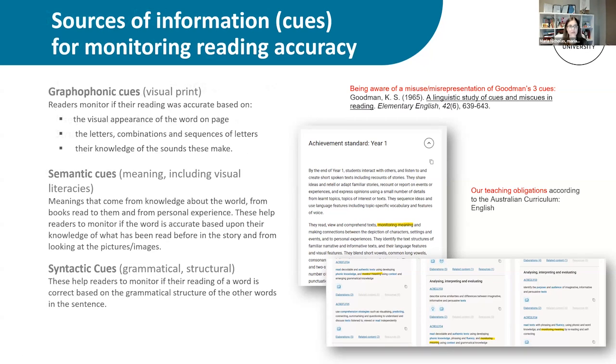So the graphophonic cues is when you look at a word and you decode the word letter by letter. So you're looking at the graphemes, you're looking at the letters to try and decode the word. Sometimes children may look at the first letter or some of the letters and think of a word that's similar to that word, that either starts with the same sound or has a similar spelling pattern, might be part of the same word family, and guess it's not the right word. It was just very similar in appearance.